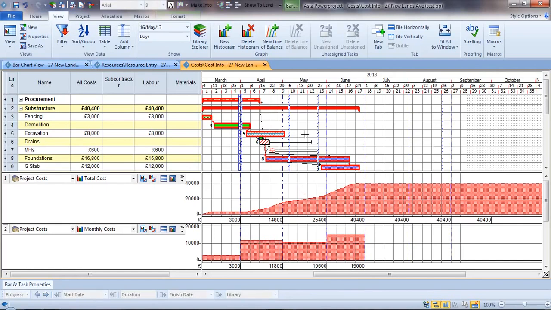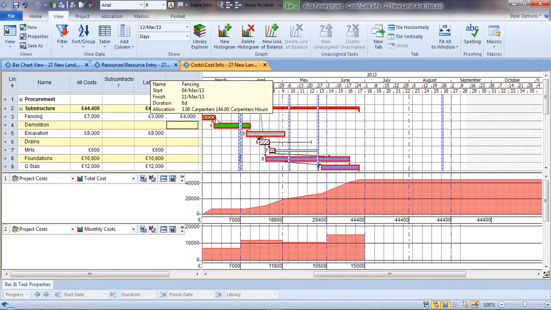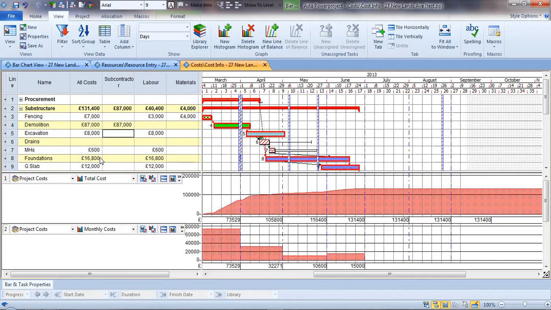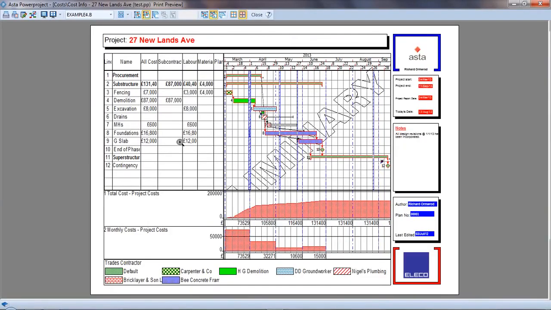So this is our projection of income, and this labour amount has been calculated from the number of hours on this activity. So if it takes longer, it takes more hours, the labour price increases. If I undo that, I could put a different amount for materials, so even though the labour price might increase, the materials won't. So Powerproject accommodates these multiple cost centres, but also you can say, well, somebody just told me it cost £8,000 to £7,000 to do that, and we can see the impact instantly on our cash flow. We can preview that on screen so we can see exactly what that looks like, exactly as it is on the page,